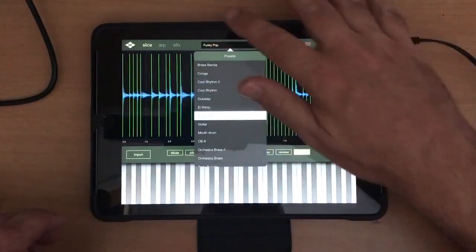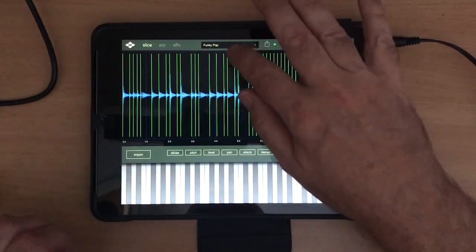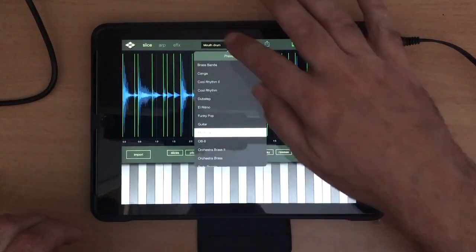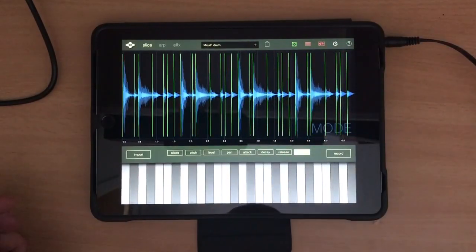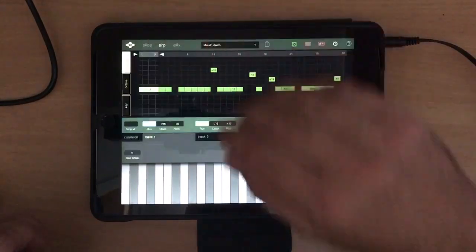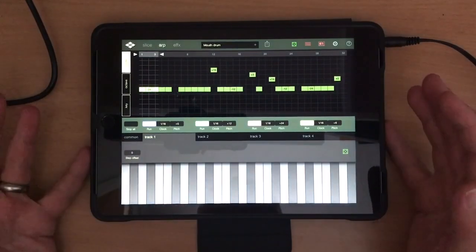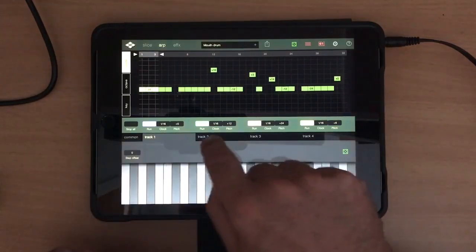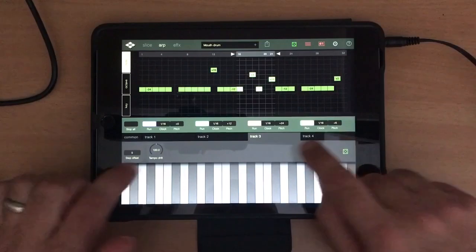Okay, so you've got a few of these things built in. Now, some of them are more interesting than others, but the thing that really makes this app special, and let me play with it for an hour on the bus the other day, is the ARP section. Now, the ARP section is the one from Additive Synth Pro, and as you can see, rather like Fugue Machine, in fact, it's got 4 separate arpeggiator playheads,